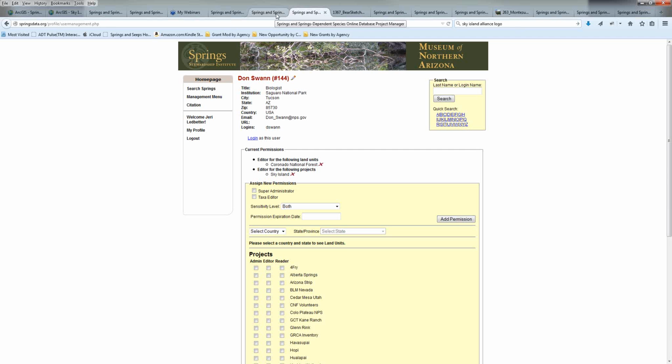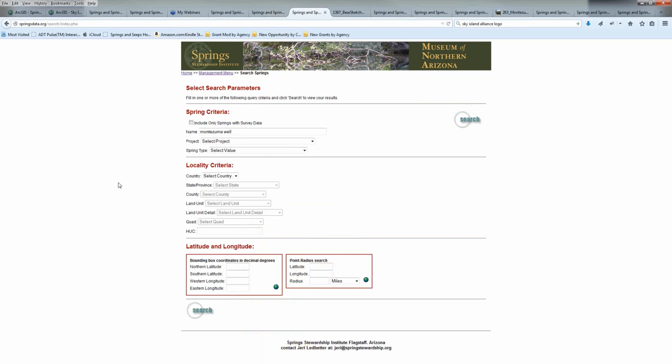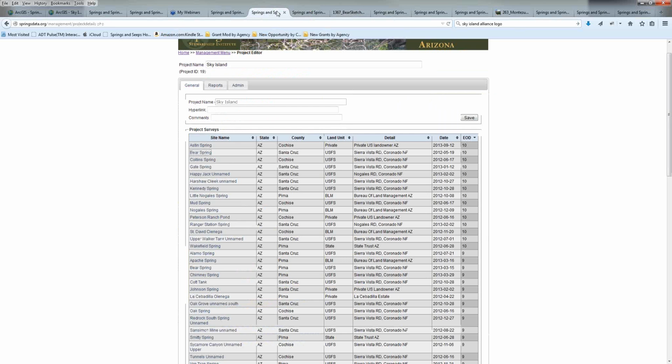Tribes are particularly sensitive to this, and we are working with a lot of tribes, and we have these permissions in place mostly to make sure that their data are protected. Okay, so if we go back to